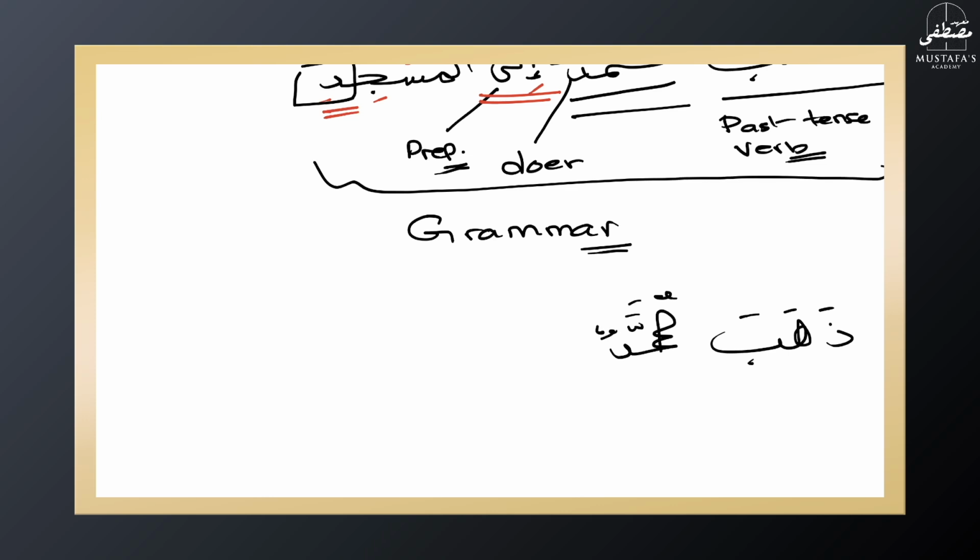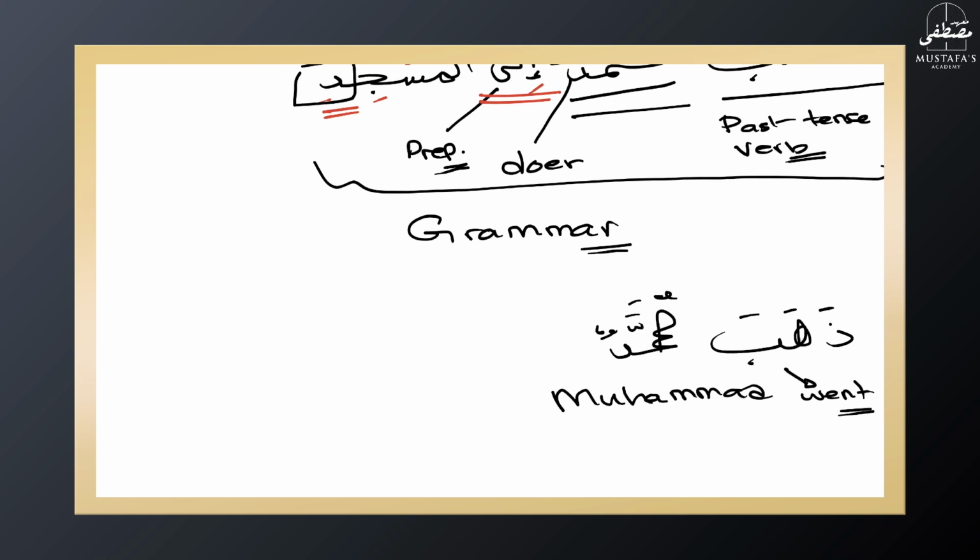ذهب محمد. Muhammad. This over here, ذهب means Muhammad went. As simple as it can be. Muhammad went. Now because of this Muhammad went, what you realize is that